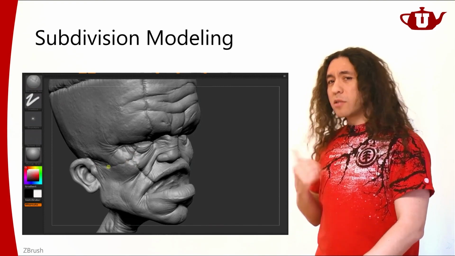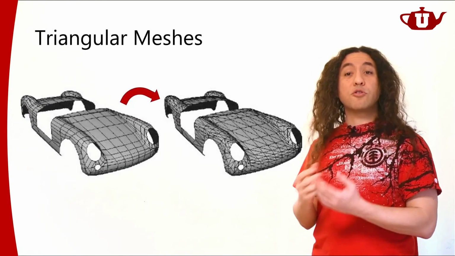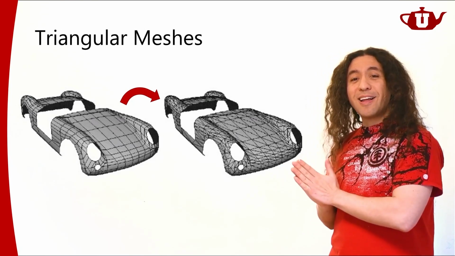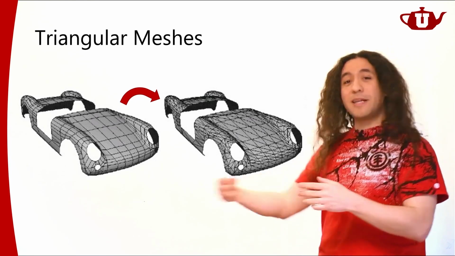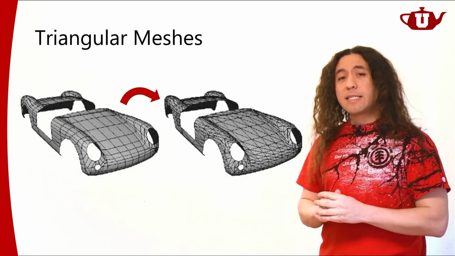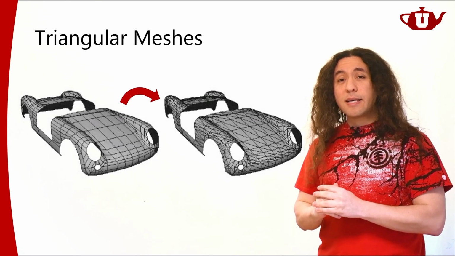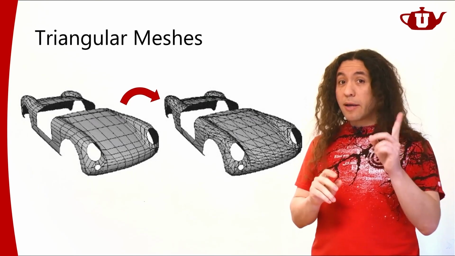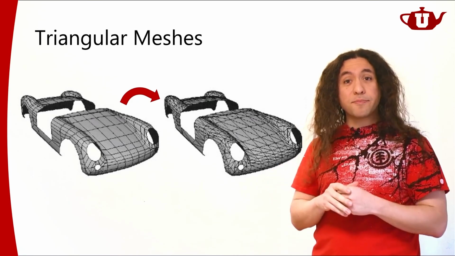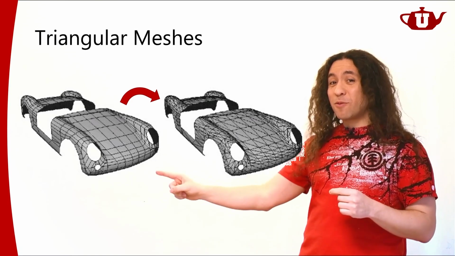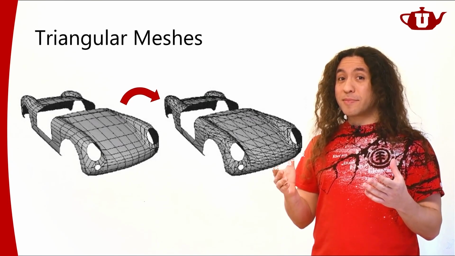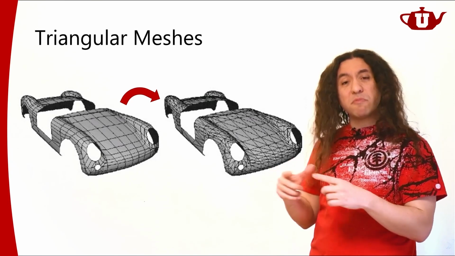In the end, though, most of these polygonal models are converted to triangular meshes for rendering, because rendering operations are a lot easier when you're dealing with triangles than with other types of polygonal meshes, like quad meshes. The reason for that is that a quad does not have to be planar. A triangle is always planar because 3 points in space define a plane. But for a quad, the 4 vertices don't have to be on the same plane. So if they're not planar, as a primitive, it's a lot harder to deal with.